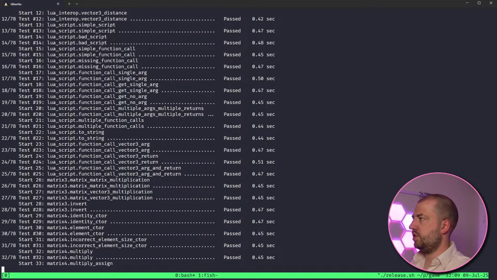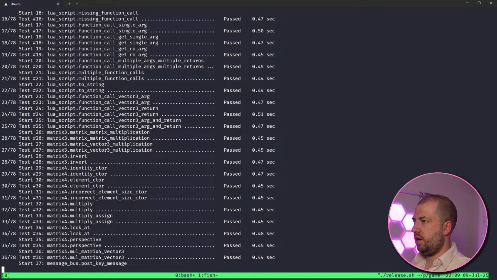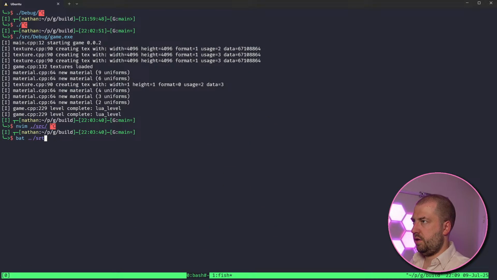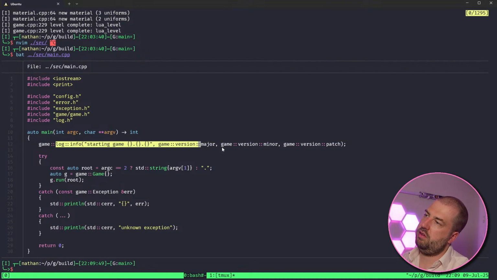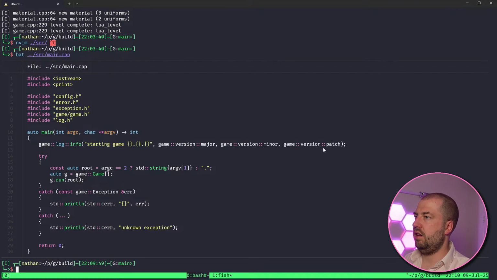Where am I? Oh, it's because I'm running all this. That source main. Yeah, we've got the Pokemon catch here. So you've got this, and then maybe I need to add some more debug logging. Maybe we'll do that next time.